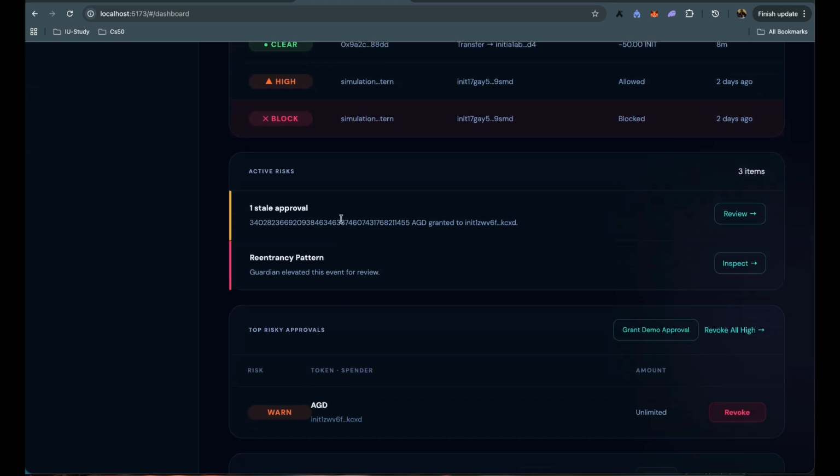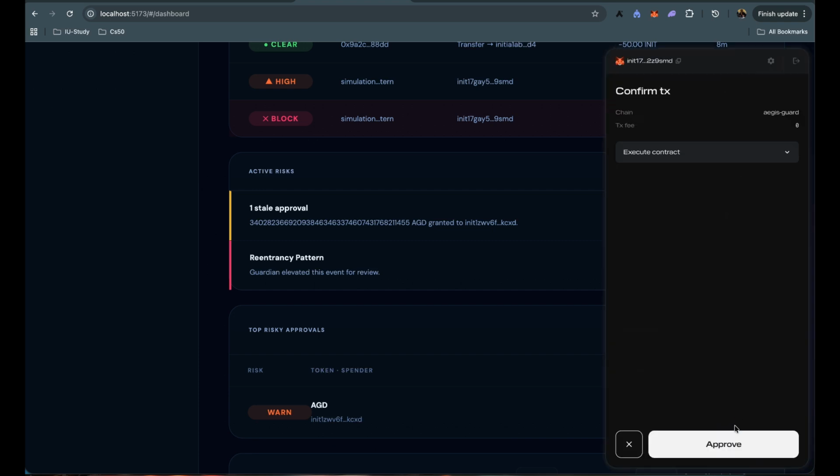These are results that we get from analysis, depending on the security result from the analysis. So you have one stale approval. I mentioned earlier that we also check your approvals from the contract. So the ones that have been